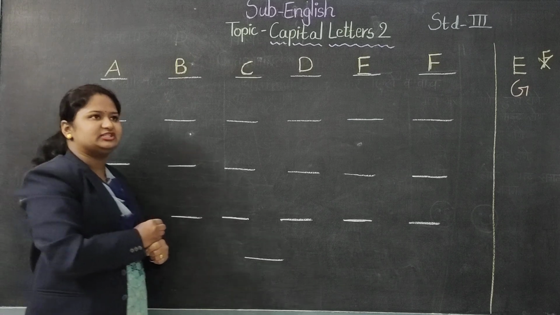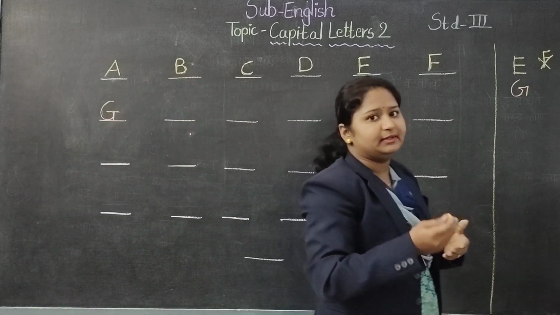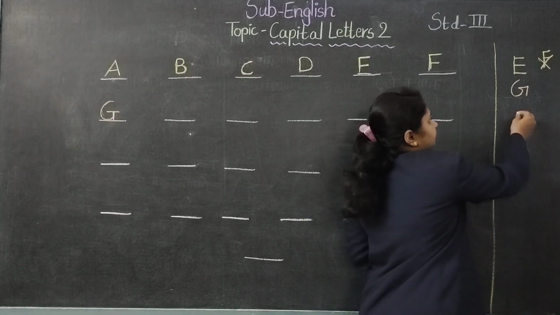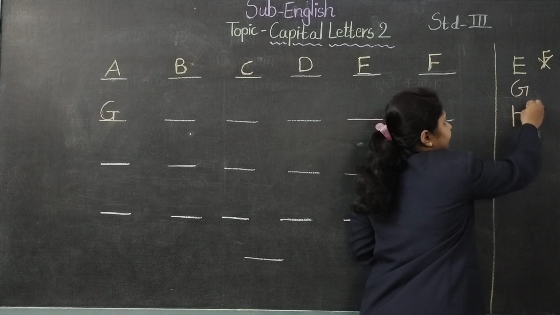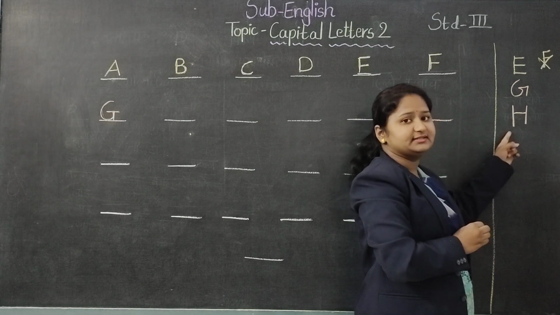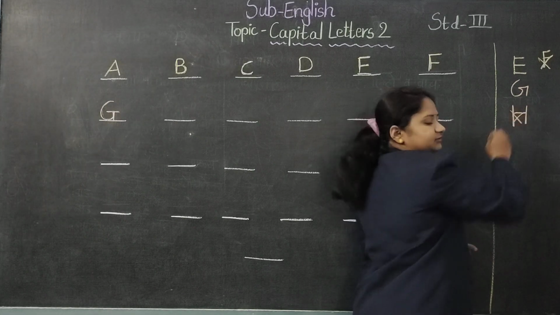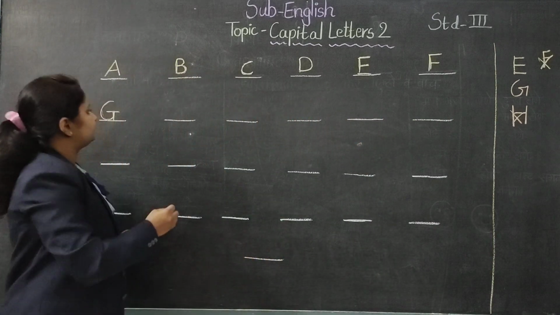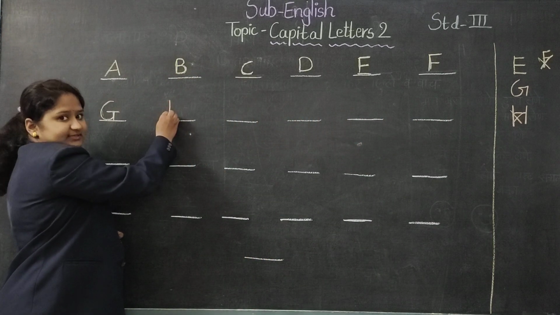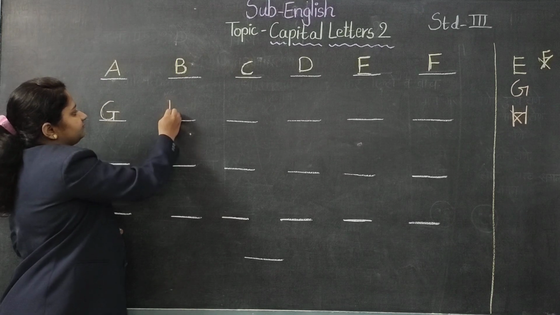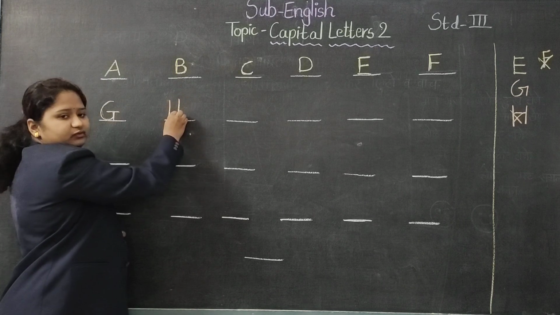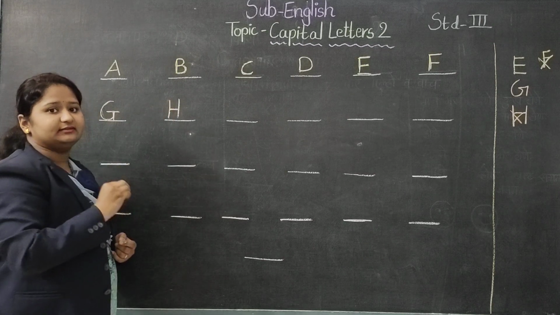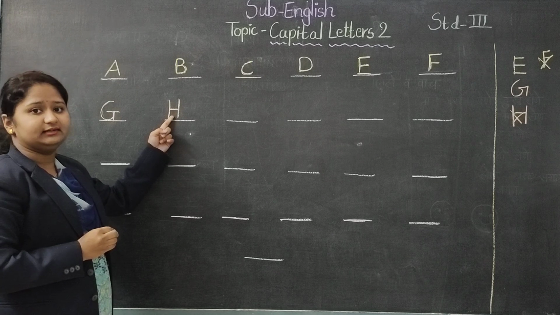Now, how you write H, you may have the habit of following the wrong method, like doing the sleeping line first and then the standing line, but this is the wrong method. Now we see the right sequence of writing letter H. One, standing line first, two, again standing line, and then three. There are 3 strokes for writing letter H.